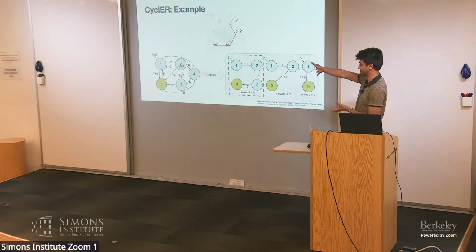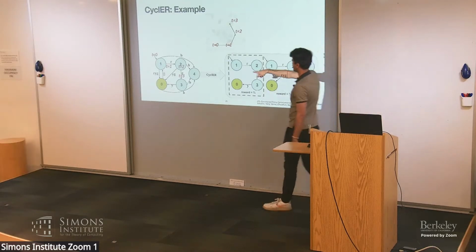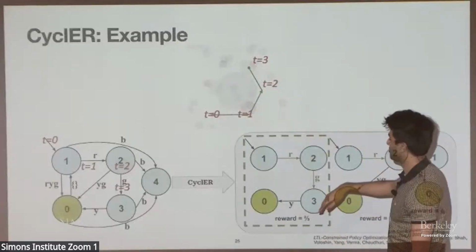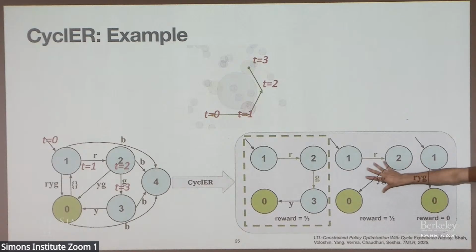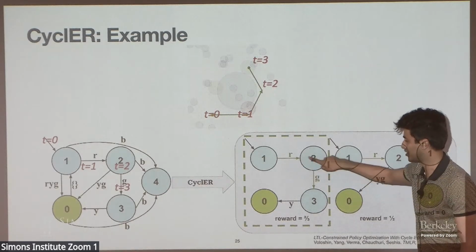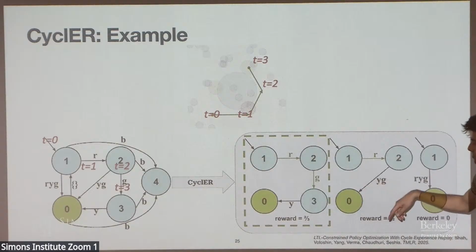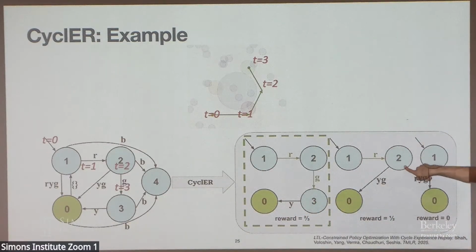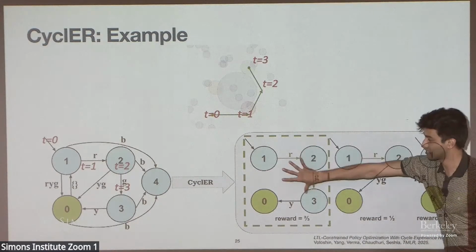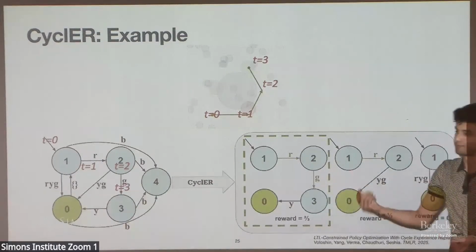I just want to show this example. I have this partial trajectory here. You look at all my possible accepting cycles or accepting paths in my automaton, and ask, of all of them, which one did I take the most transitions in, out of the total number of transitions? Here I took 2 of the 3 to get to the accepting state. In this one, I only took 1 of the 2, and here I didn't take any of them. So you use this cycle or path to shape the reward, and that gets you a denser reward.